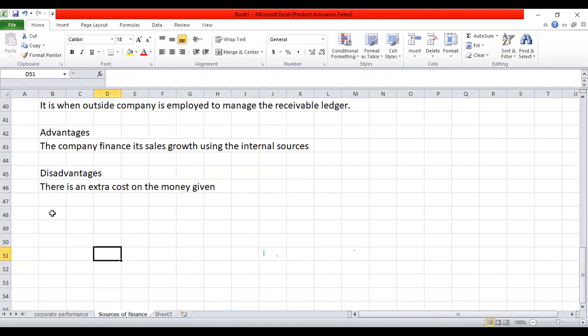Then another, we can add the long-term sources of finance. Remember, we are saying that you can finance either using long-term sources or you can finance using the short-term sources. Now, if you talk of the long-term sources,